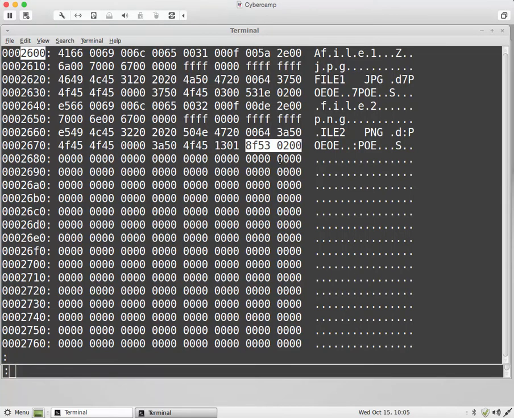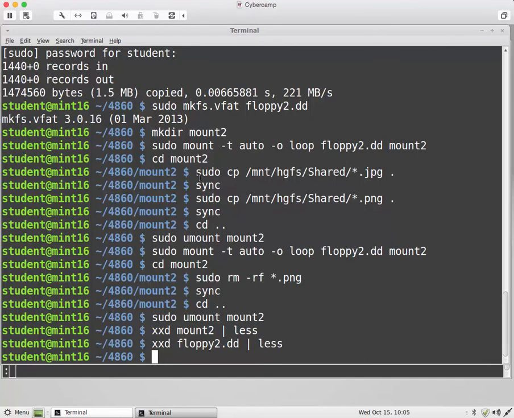So I'm sure you're confused now. How do you byte swap? So let's get out of here. Let's